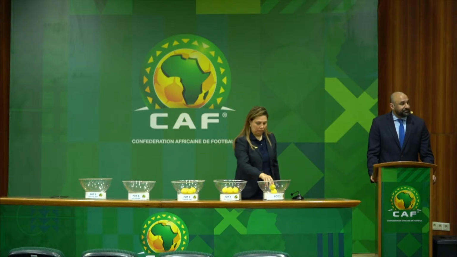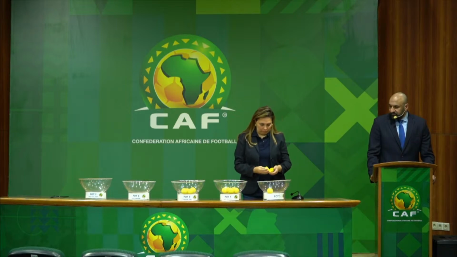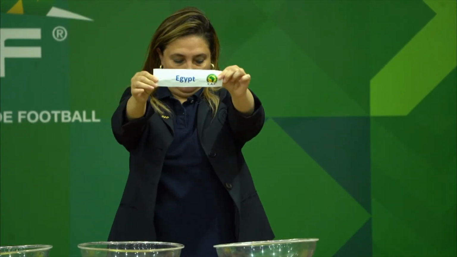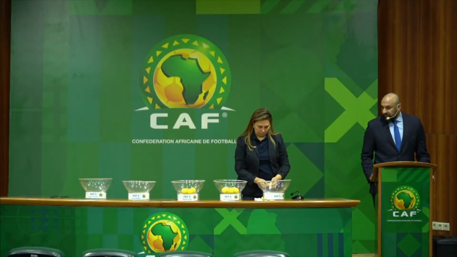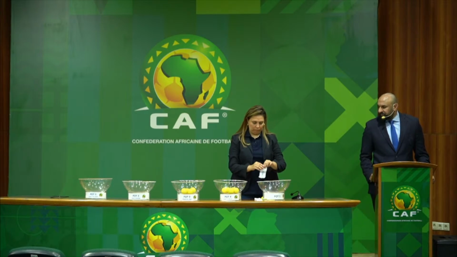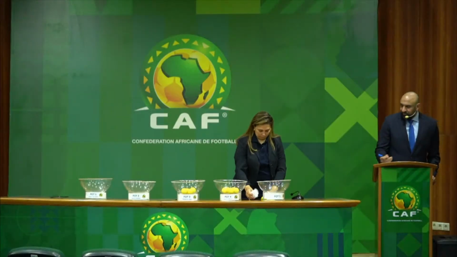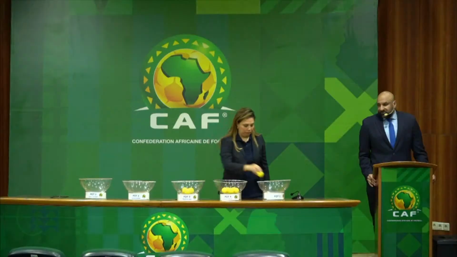Now the next 2 teams. Egypt was eliminated from the second round of the previous qualifiers, and the opponent will be Sao Tome. Sao Tome was eliminated from the first round of the previous qualifiers. The next fixture,